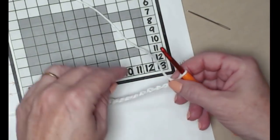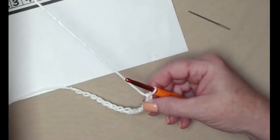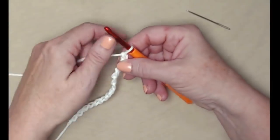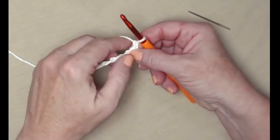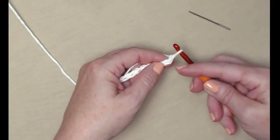And so what we're going to do is stitch a single crochet in the second chain from the hook, and then stitch a single crochet in each of the stitches across. Okay, so we don't ever count the loop on our hook. There's our first one,